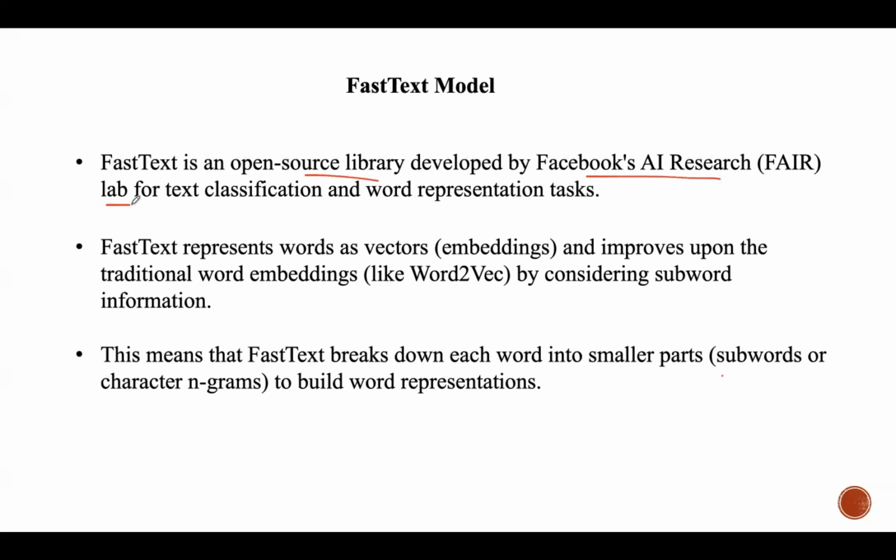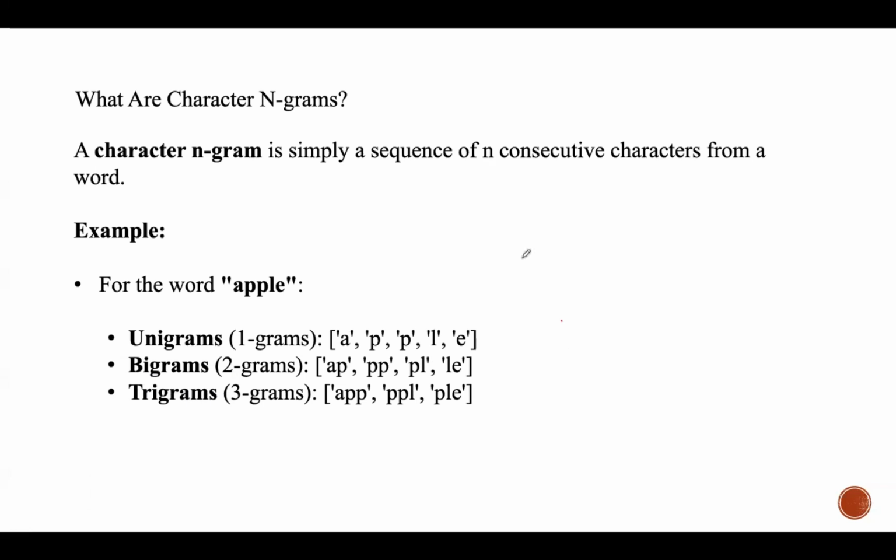Say if a word has never been seen in the training corpus, traditional models like word2vec can't represent it at all. Whereas FastText can generate embeddings for out of vocabulary words by looking at the subword units, which are nothing but n-grams that make up the word. What are character n-grams? This is a sequence of n consecutive characters of a word. Say, for example, if you take the word apple,